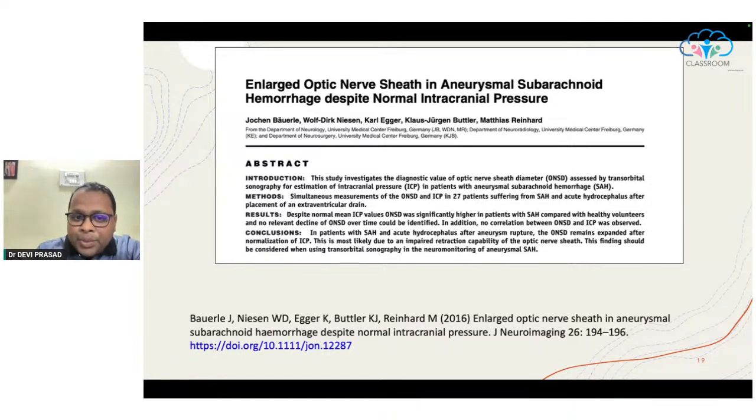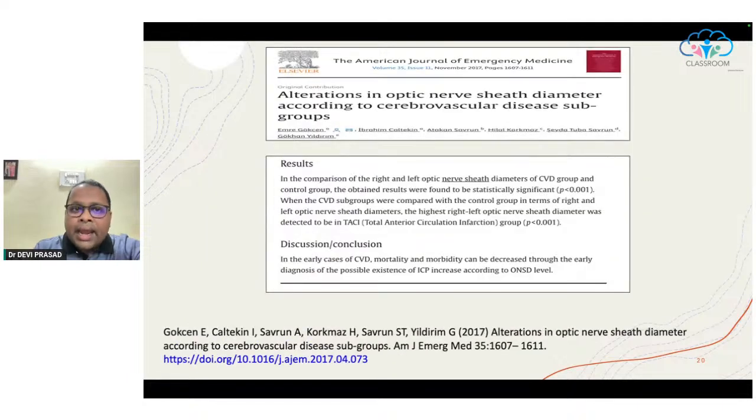They gave a hypothesis that it might be likely due to an impaired retraction capability of the optic nerve sheath, and this finding should be taken into consideration when using transorbital sonography in the neuromonitoring of aneurysmal SAH. And another one was by Goxin et al., in which there were alterations in optic nerve sheath diameter according to